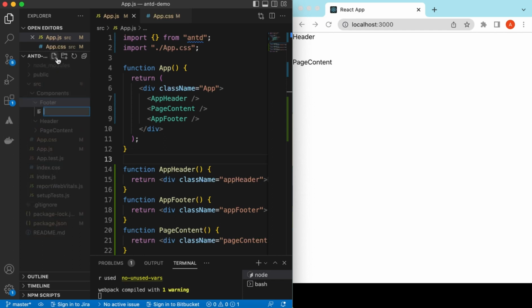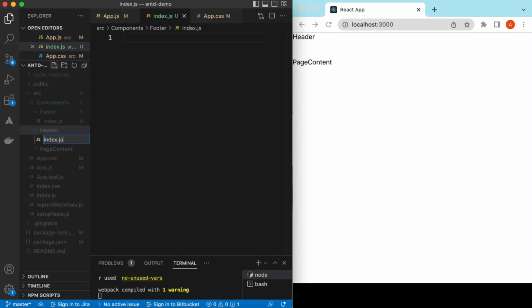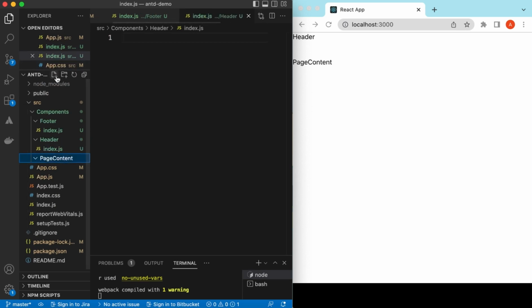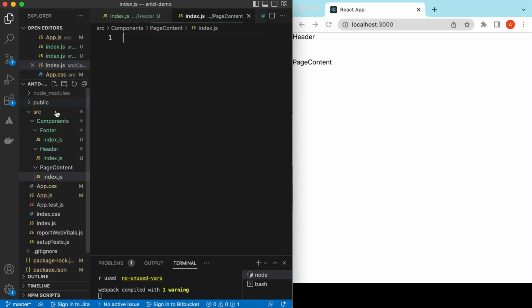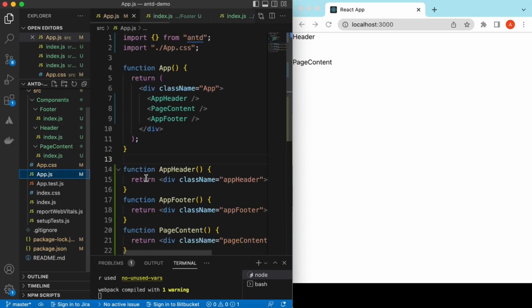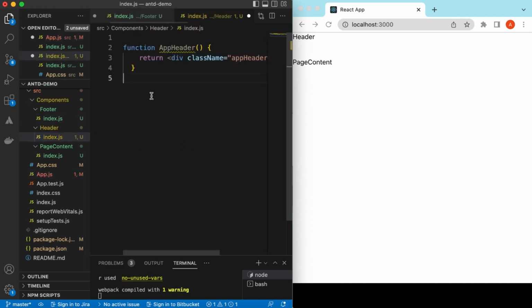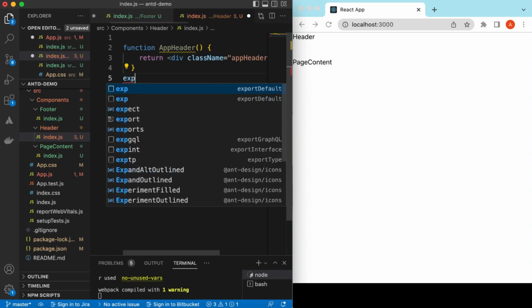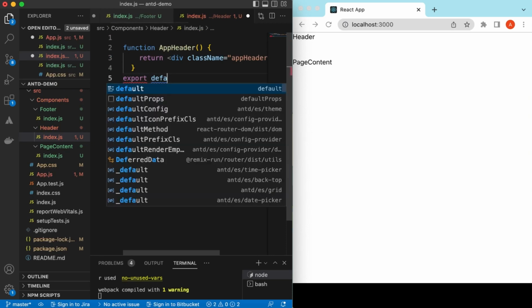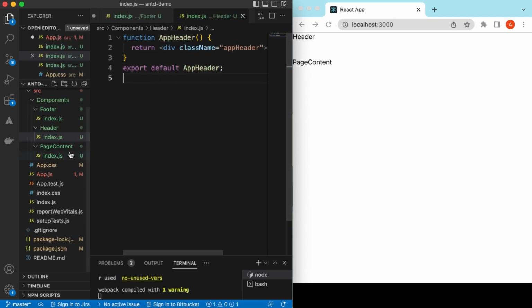Okay, so again in each of these we can create index files, and same goes for the header, and same goes for the page content, right? And let's move all of these one by one. So this is the app header, got it from here and put it inside the header, and we can export default app header from here, save it,